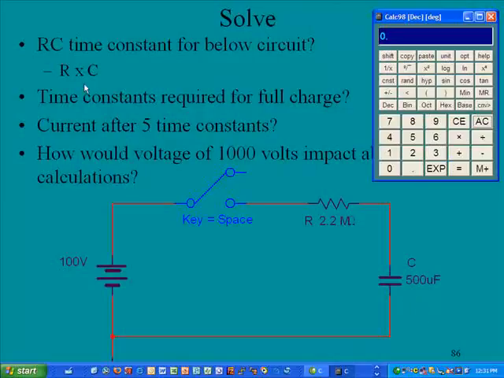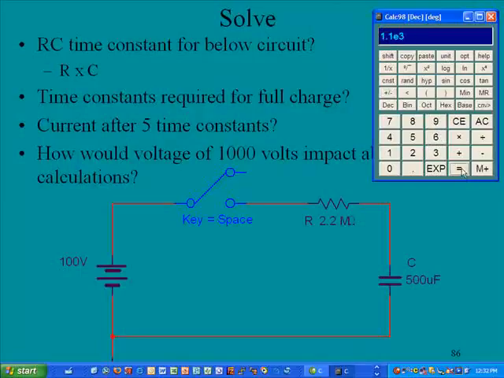Our calculation for the time constant is going to be R times C. Our R value is 2.2 megs, so 2.2 exponent 6 times the value of 500, exponent minus 6,